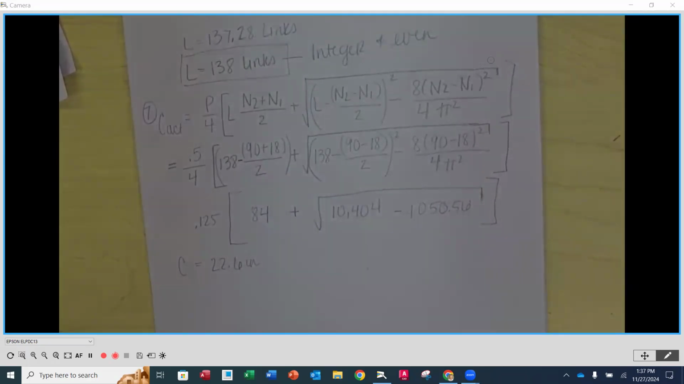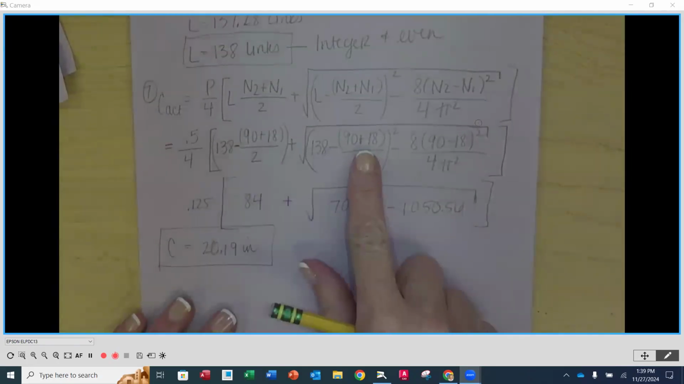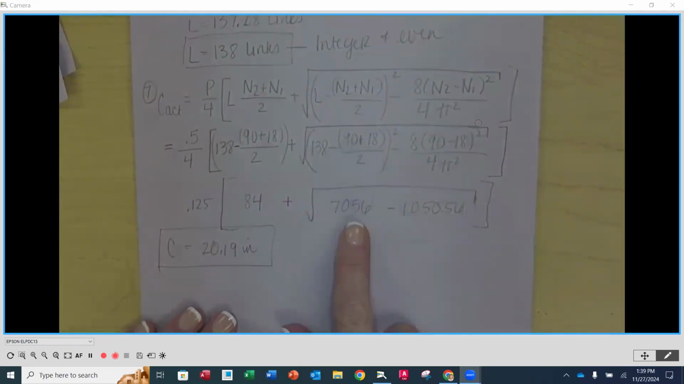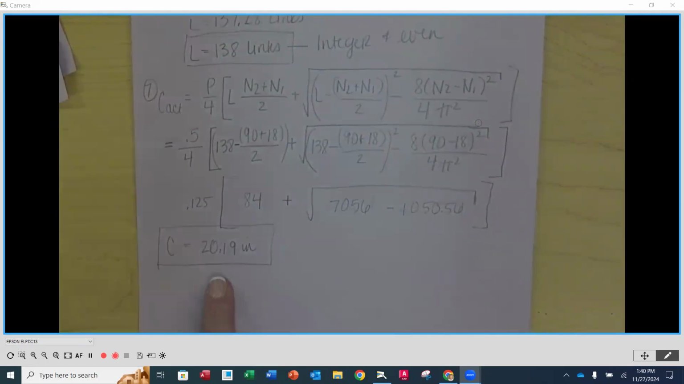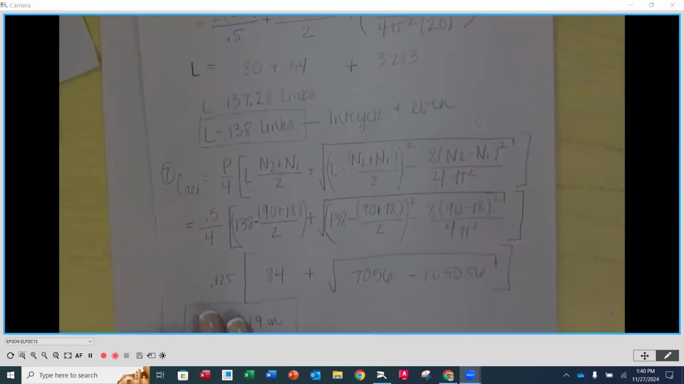I'm going to pause this for just a second. I'm going to do it one more time. Ben, what did you get? All right, so yeah, just double check. I had a minus here, so it came out to be 7,056. Kang Meng got that, excellent. And then you should end up with a center distance of 20.19, which, as we look back at our original